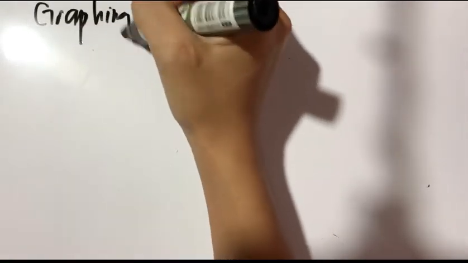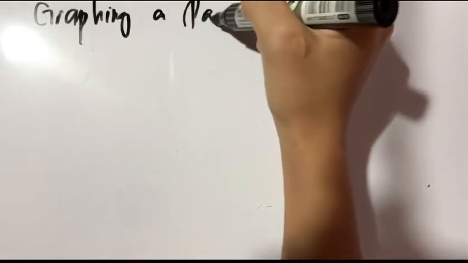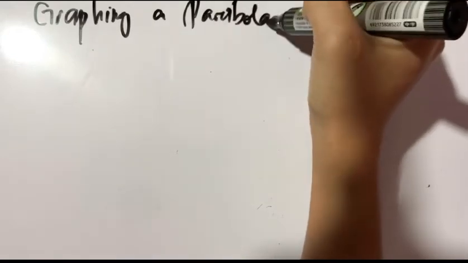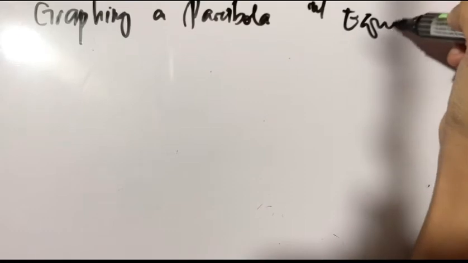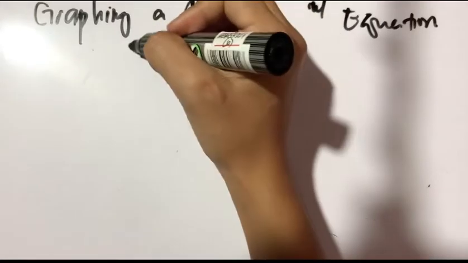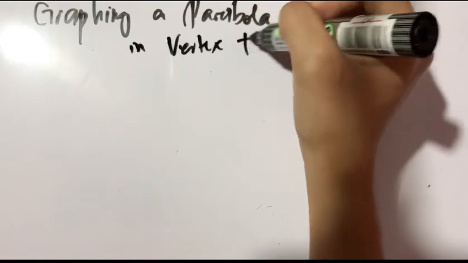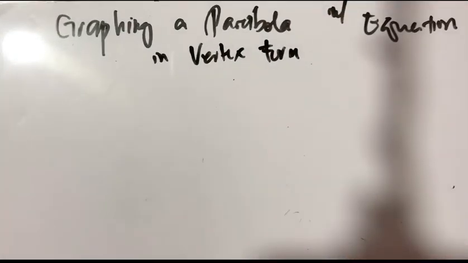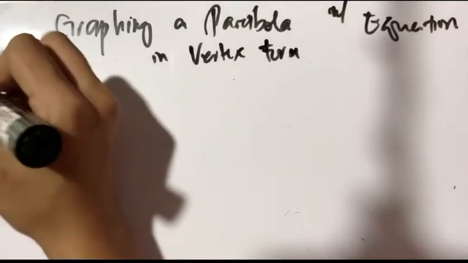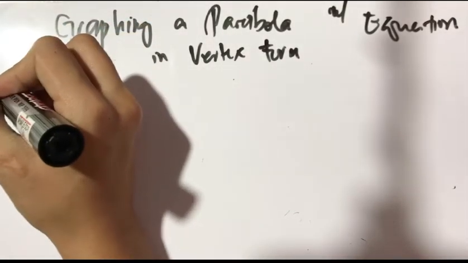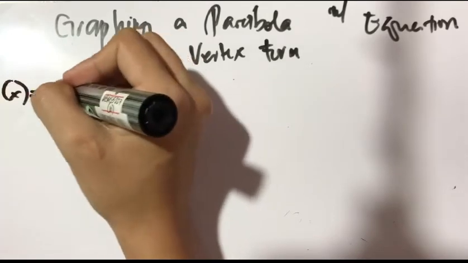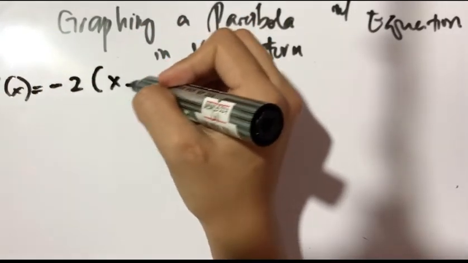Try to graph a parabola given the vertex form of a quadratic equation. Graphing a parabola with the equation in vertex form. Now, for example, we are given the function f of x is equal to negative 2 times x minus 3